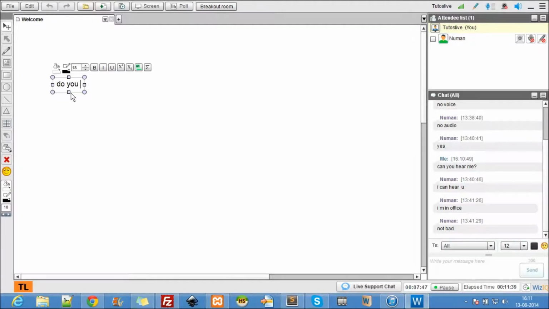So, yes, this class is all about WordPress installation, finding the free themes, how we integrate the themes, and what changes we can make to the theme so that it looks better. Okay, so this class is all about that. After this class, you'll be able to make some changes to your WordPress themes such that they look good.